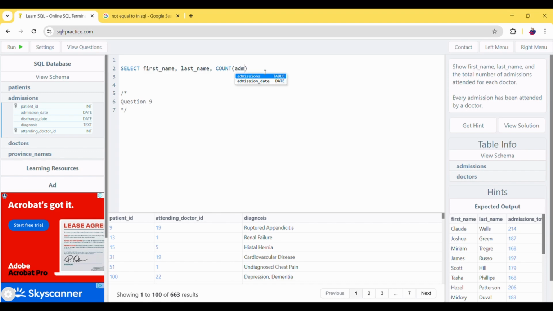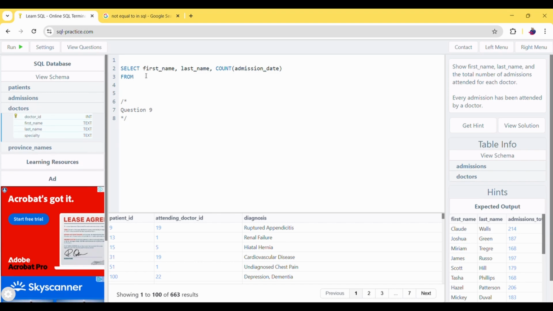Yeah, from doctor, so sorry, doctor table as D I will use, join admissions table as A I will use, on